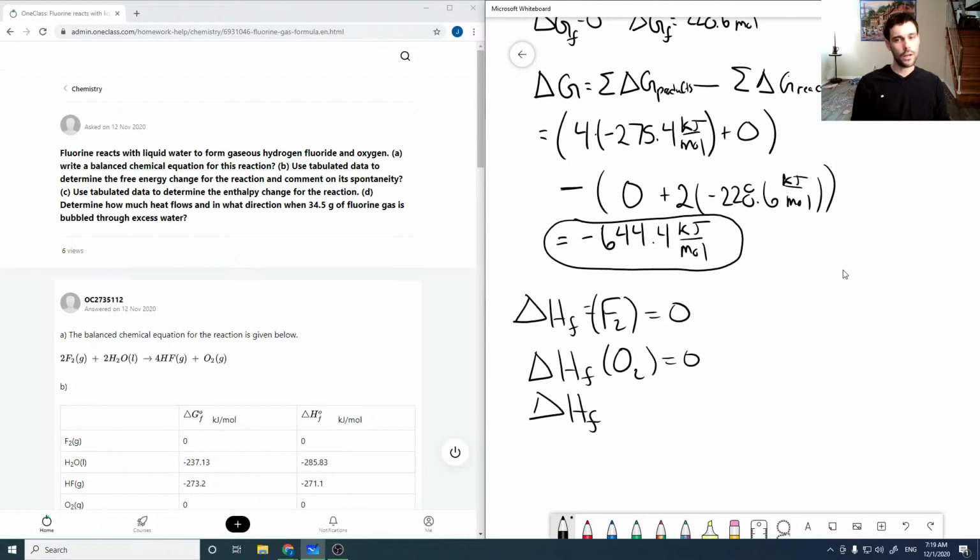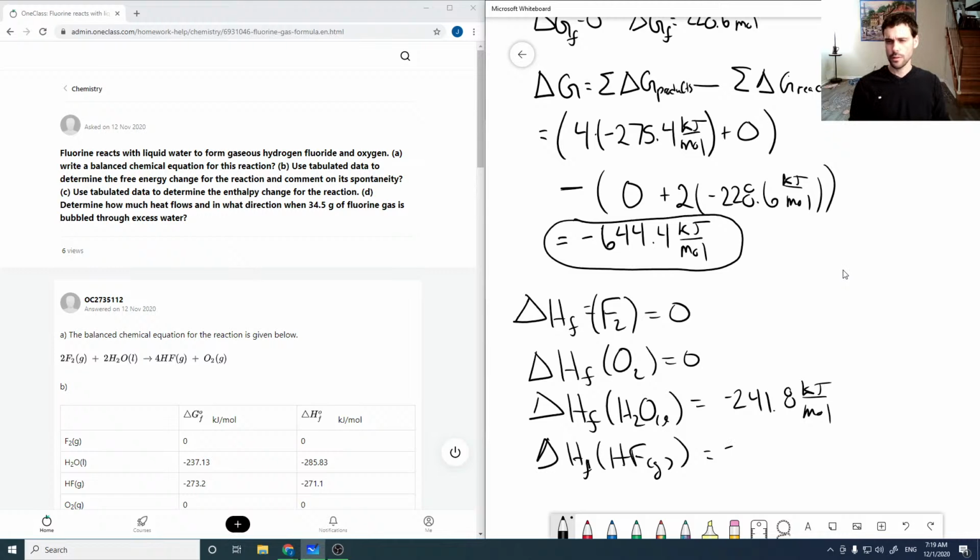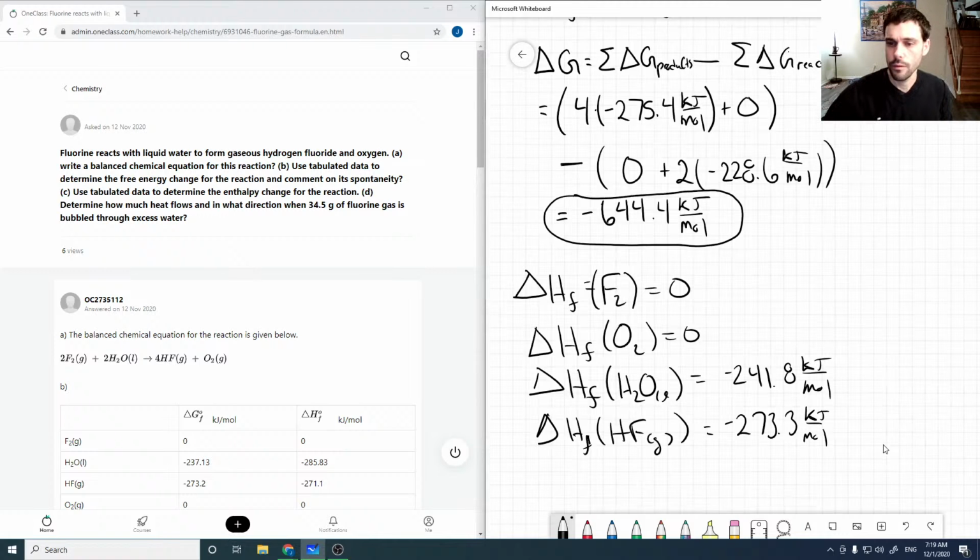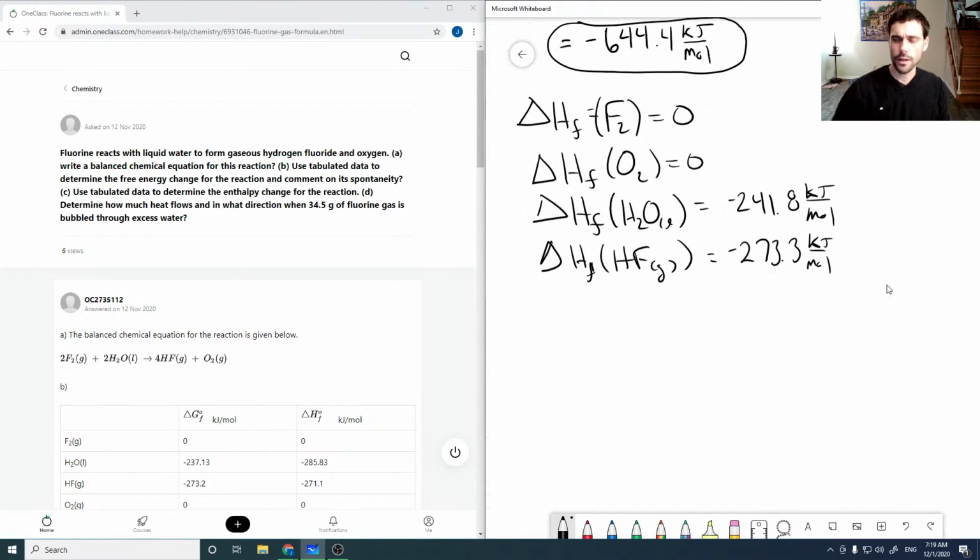What I found was delta HF of water is negative 241.8, and delta HF of HF is negative 273.3. And so now we're good. So we can calculate delta H